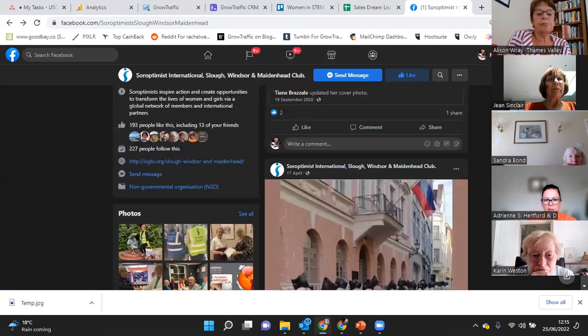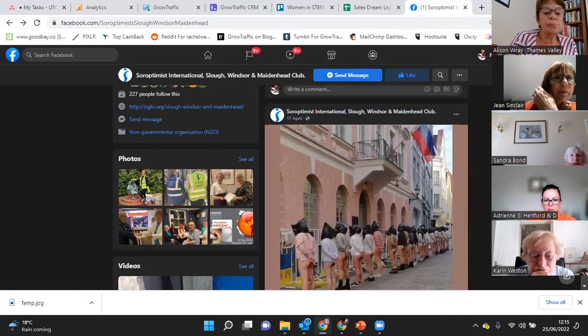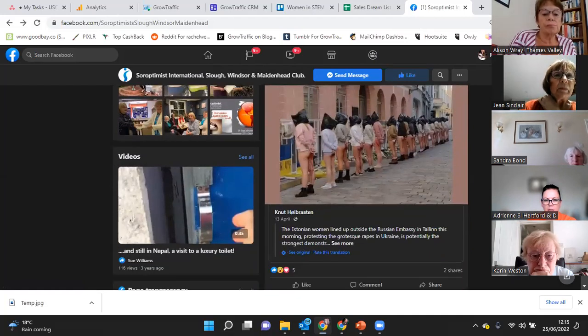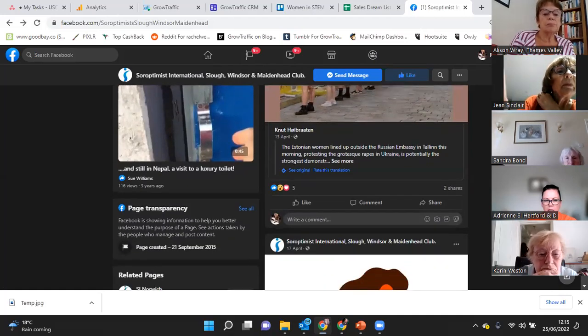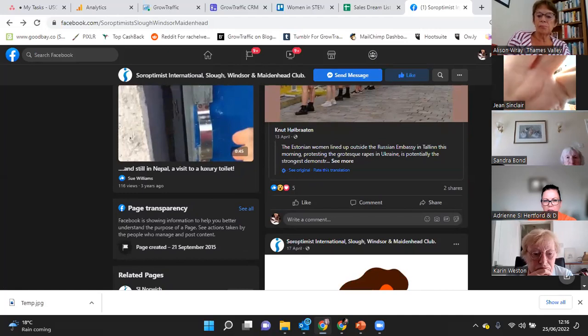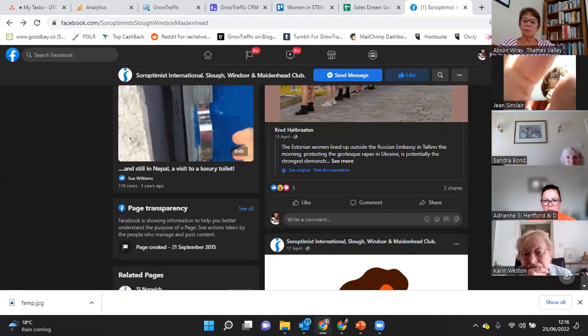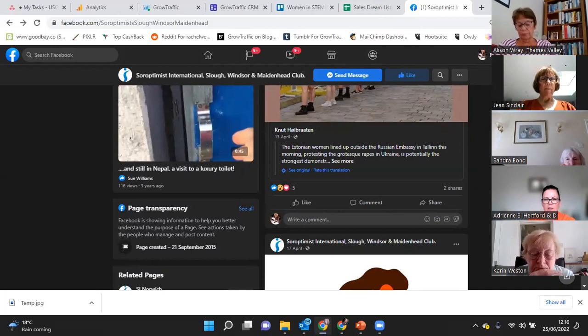This is an example, actually. This image was shared very widely, not just amongst Soroptimists, but amongst a lot of women's organisations. It got an awful lot of engagement, and it's a really good example of what we call newsjacking. That's the technical term for it. That's when you see a post, an image or a cause start to get a lot of engagement and people are talking about it. Absolutely share it to yours as well. Don't just like it. Share it to your page, and then to your personal profiles as well if you wish, because it's adding to that conversation.